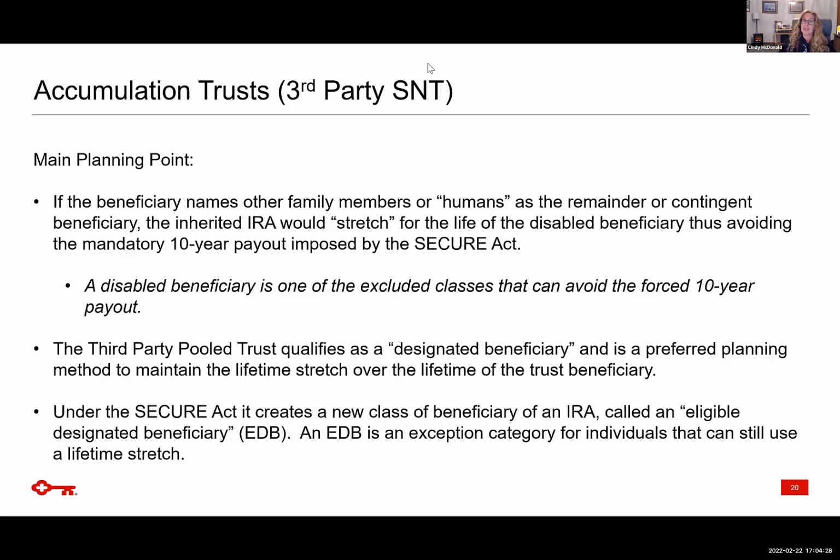Now what do I do? It's truly important that the steps you're taking make sure that the form correctly states the trust, the third party trust for the benefit of your loved one, so that when you are not here and those IRA assets are rolling into that inherited account, everything is done correctly and we're not having to cash that out and create a taxable event to get the funds into that